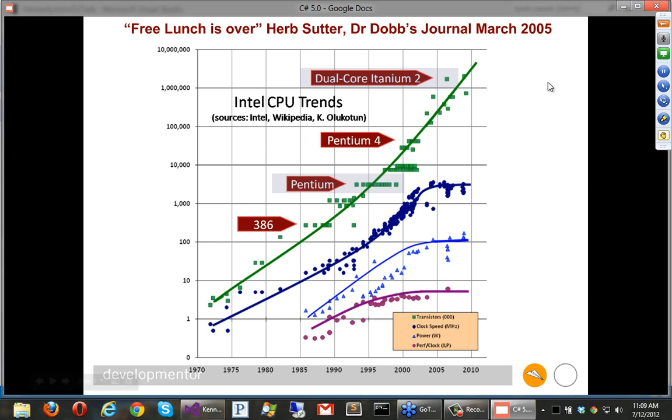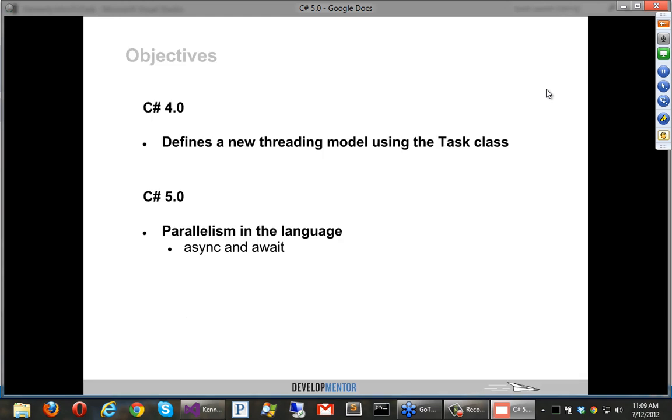Okay? So basically, around 2004, 2005, we've had to, as developers, start to take multi-threaded programming seriously, not just for server-based applications or scenarios where you don't want the UI to be hung up, so you want to do something in the background, but simply to have our applications leverage the hardware they're running on. Okay, by the way, if you want to find this article, just Google "the free lunch is over," and that'll do it.